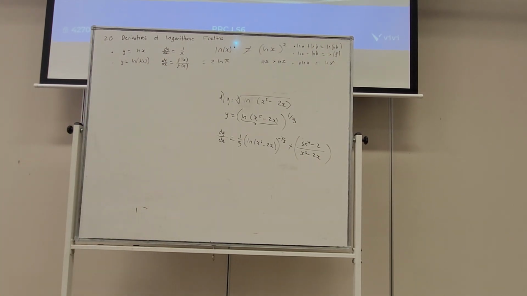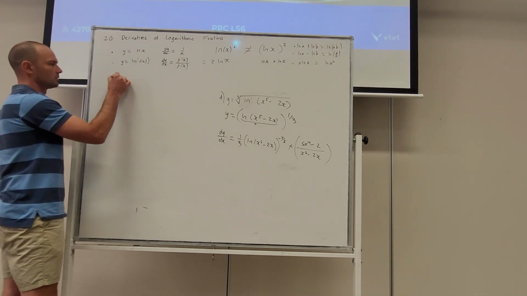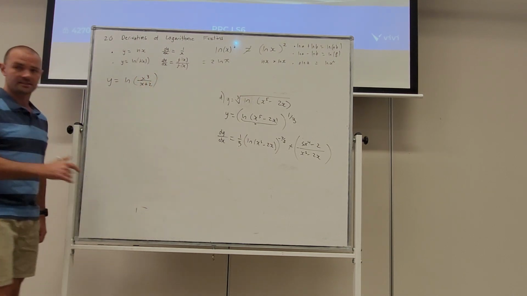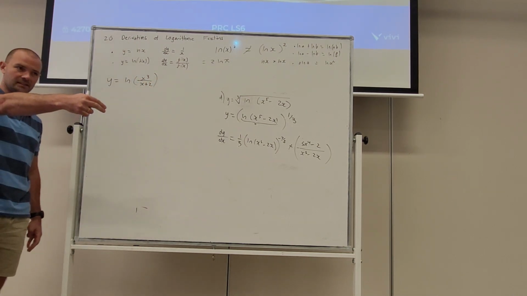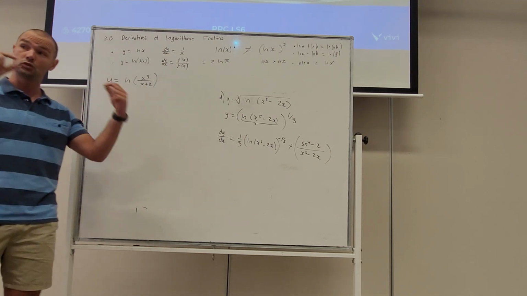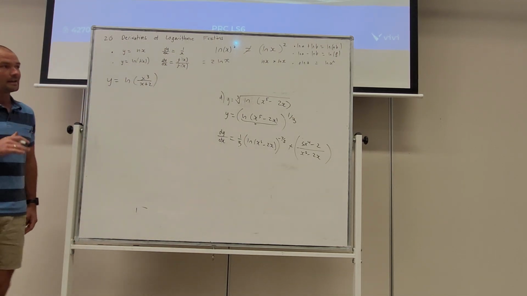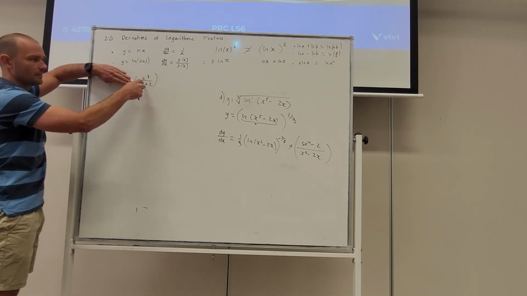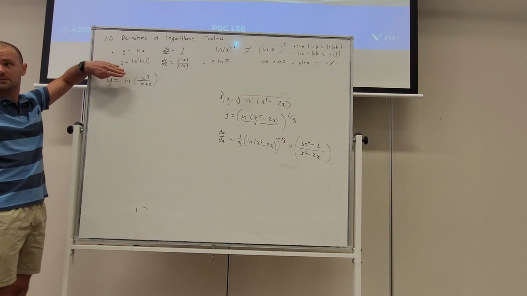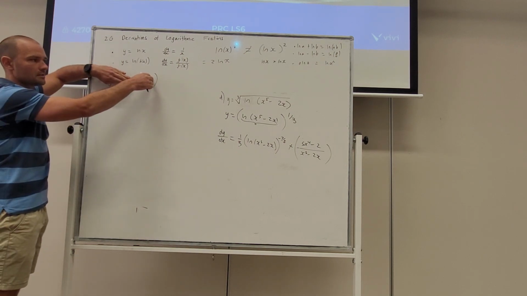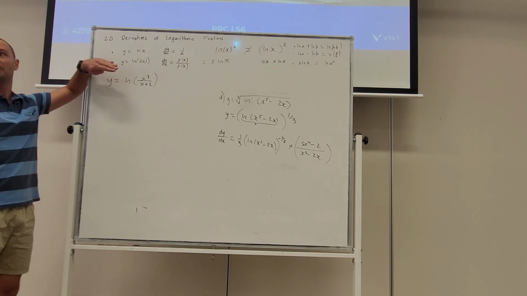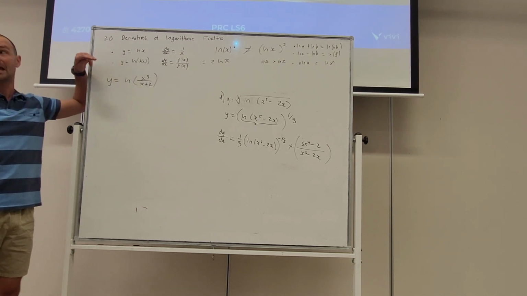So in question 2, we have ln of x to the 3 on x plus 2. And we're asked, show that the derivative is this. This is one where we need to do the simplification. Now, I think there are 2 strategies you could use to solve this. You could go, that's going to be the denominator, and then differentiate it using the quotient rule to get the numerator. That's the long way of doing it. You can do it that way,